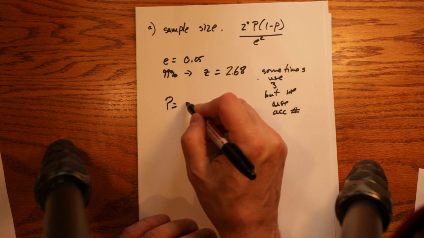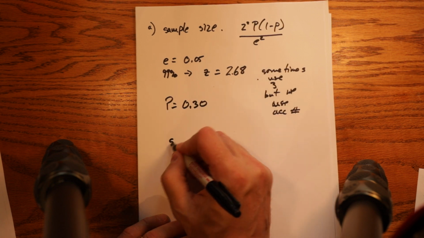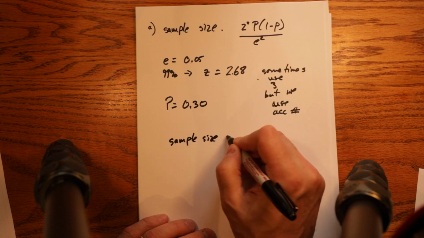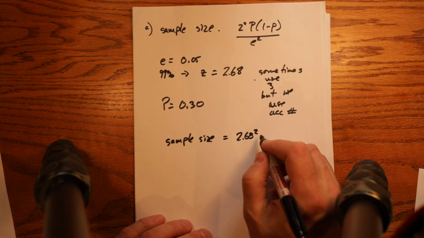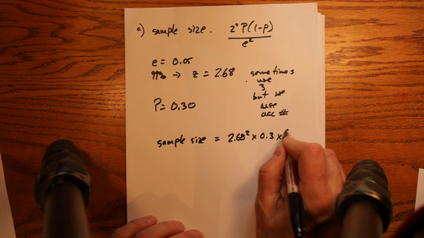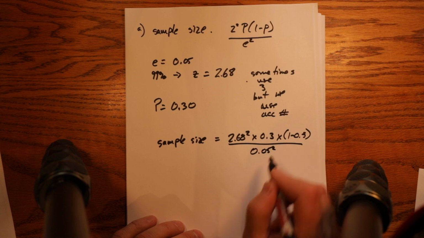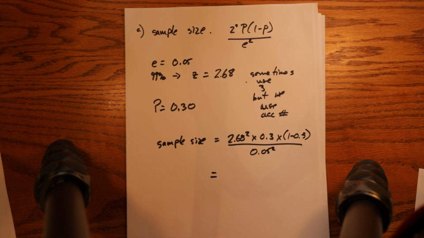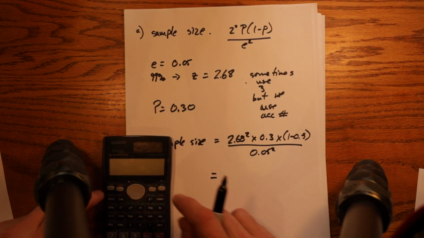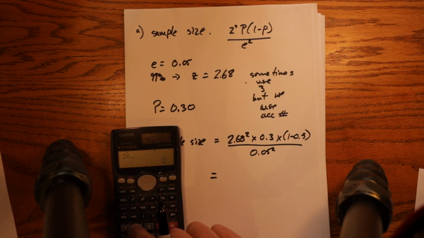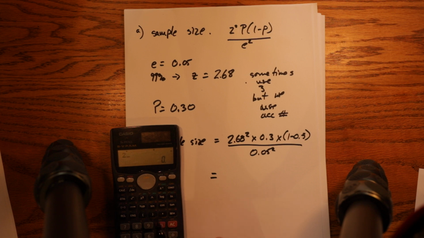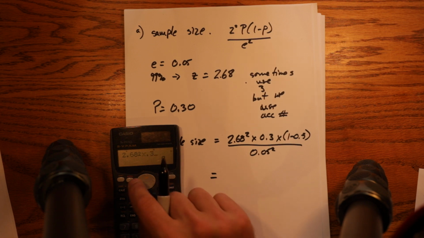And P is equal to 0.30. So sample size equals 2.68 squared times 0.3 times (1 minus 0.3) over 0.05 squared is equal to, and I'm going to calculate it because my example used 3, so I'm going to grab my calculator. 2.68 squared times